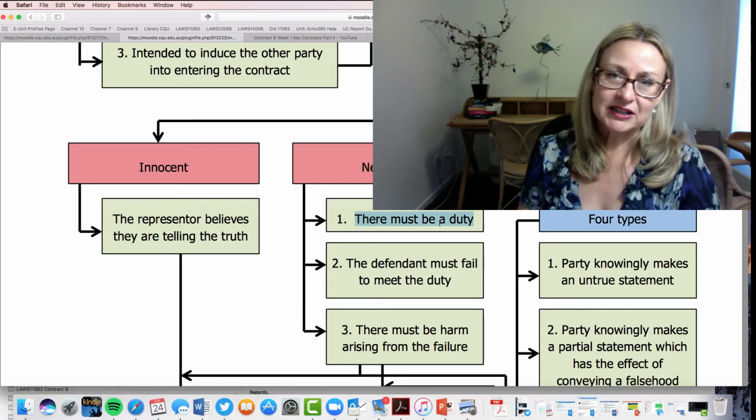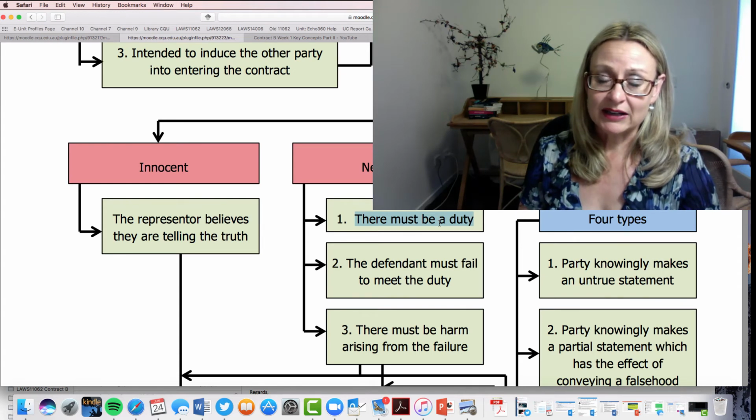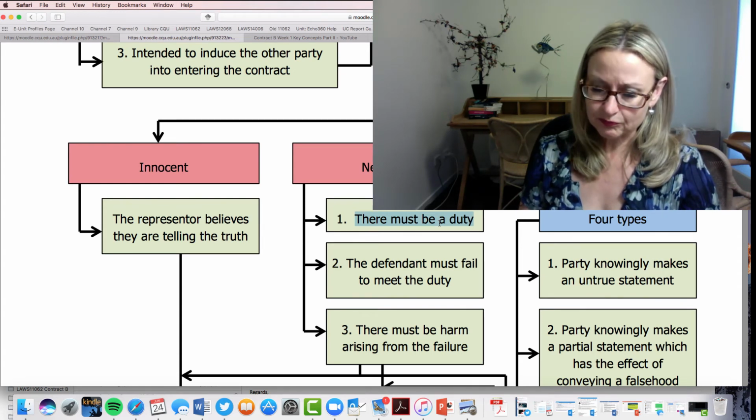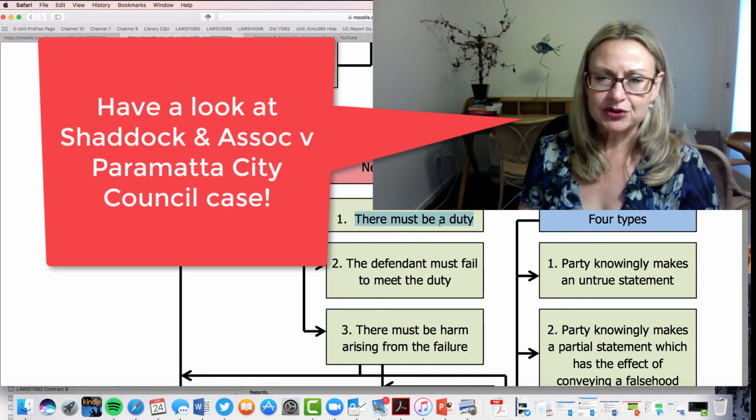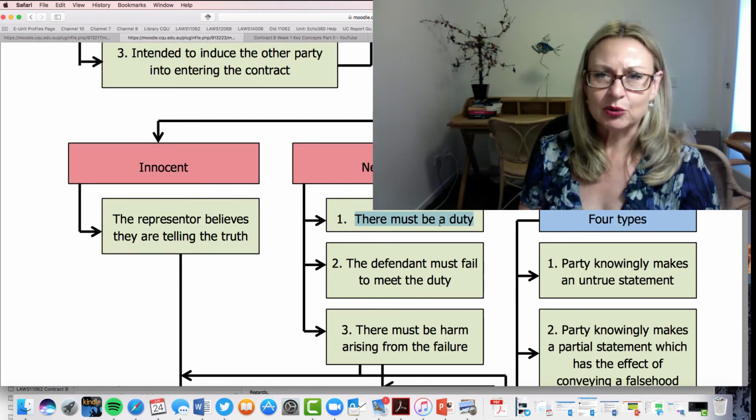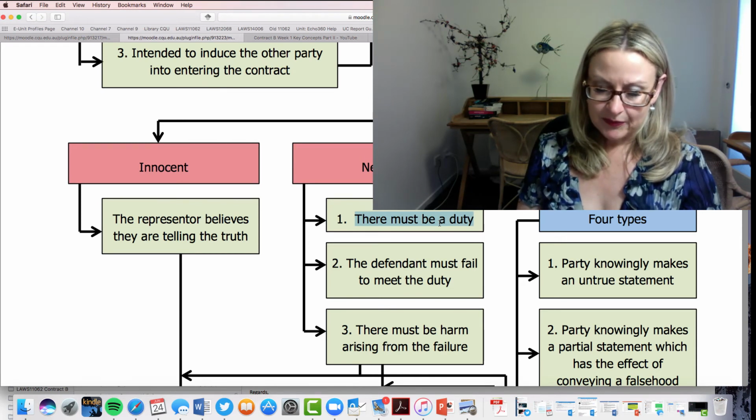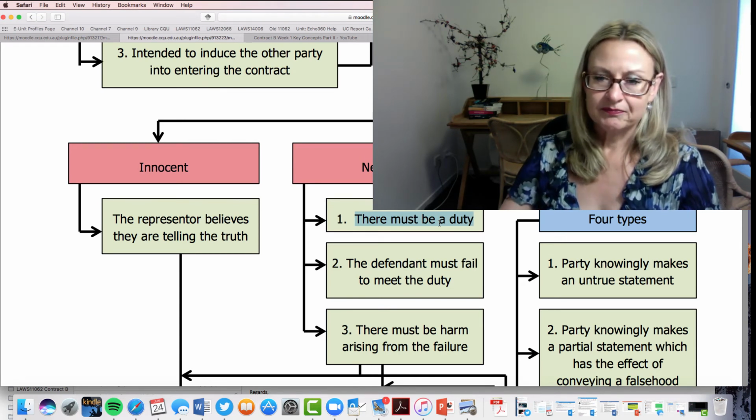And then the representee actually does go ahead and act upon that information reasonably. So that's the kind of special relationship that will usually give rise to some kind of duty of care to take reasonable care that the statements that you are making are true and reliable. In terms of breach, no real